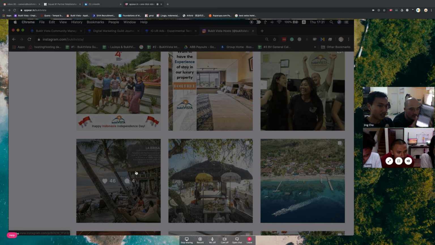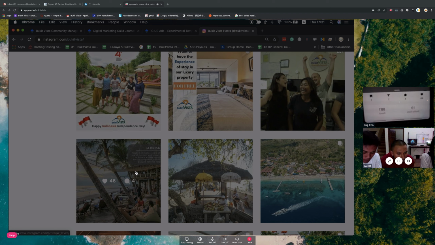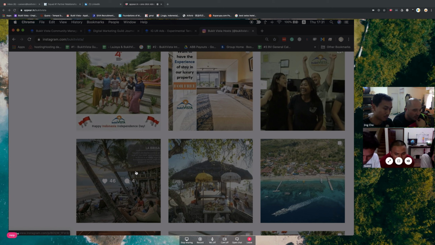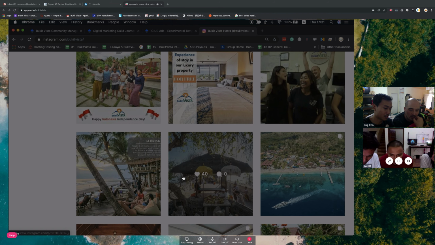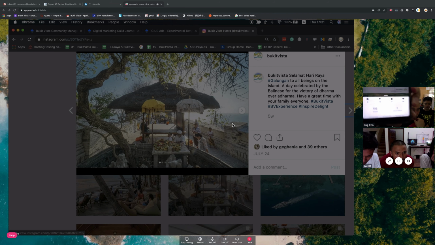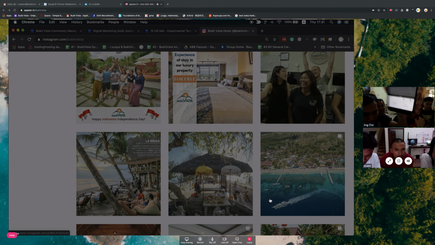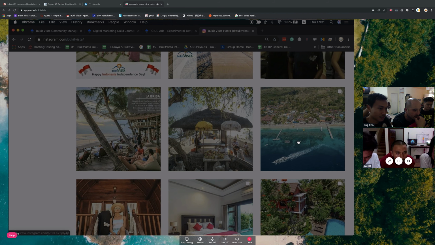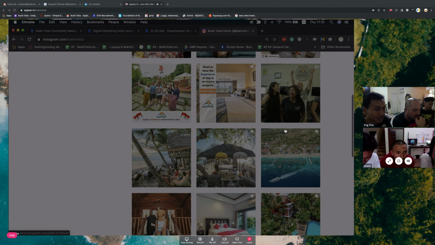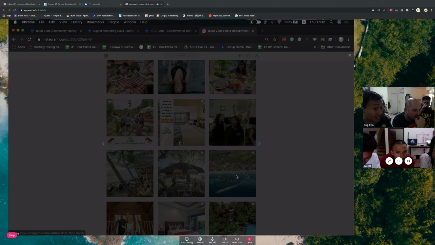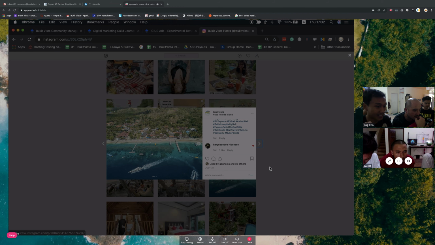It said 800 impressions, 19 profile visits, 881 reach. Now let's compare with this one. Then I got 557 and 9 profile visits. So does it answer the concern about comparing text and without text?